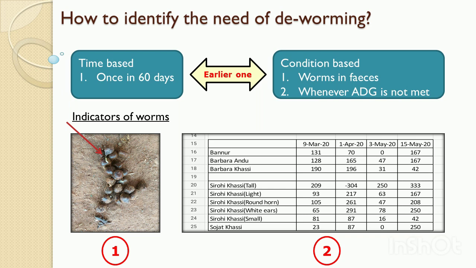This is our 2020 chart. What we are doing on our fattening goats. You can see there are two conditions wherein the average daily gain is deteriorating. Like we discussed the same thing in our previous video also. There is the third one which is continuously reducing in weight. It was 190 grams per day on 9th of March, and on 15th of May it has reduced to 42 grams per day. So we identify such low performers from the flock and take them separate and do deworming.